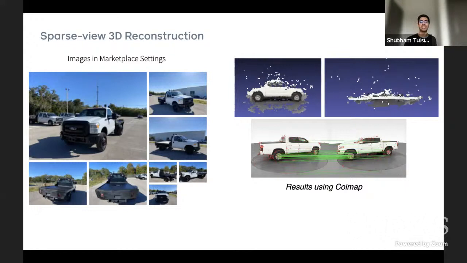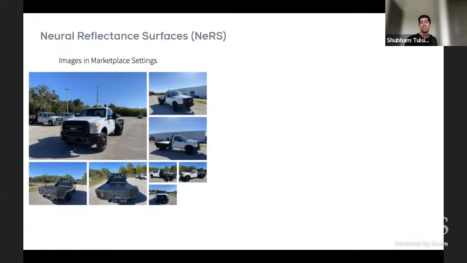And so the sparse view reconstruction setting, I hope I've just convinced you that this is a slightly challenging setup. But of course, it's a very relevant setup because of applications such as in marketplace settings, where, for instance, we want to be able to reconstruct 3D given just these 8 images. And in particular, what our work does is